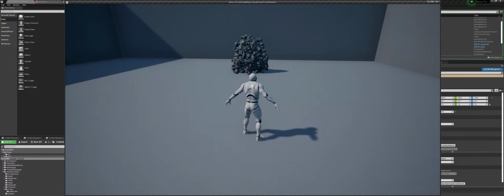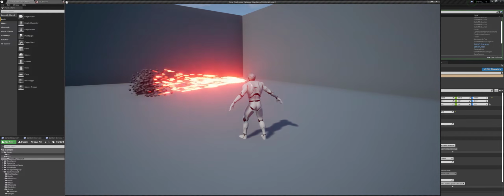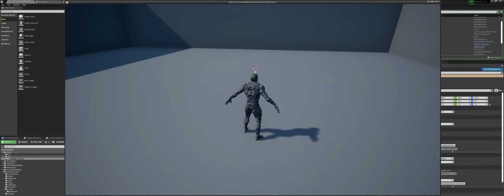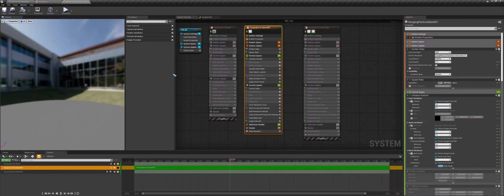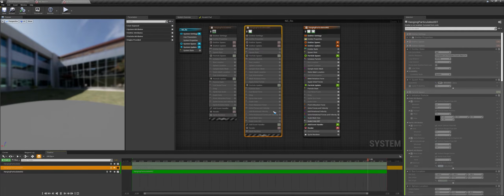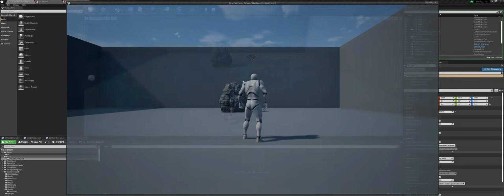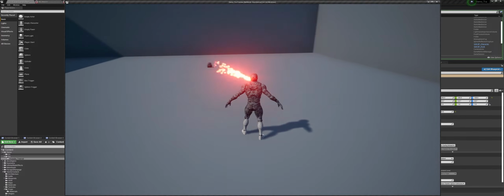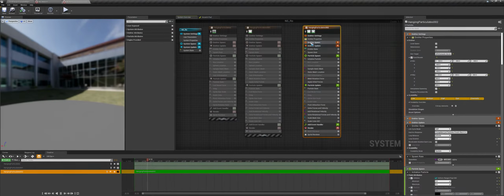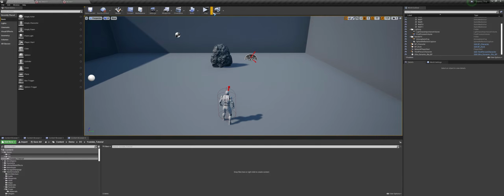So now if I press E, so if your performance criteria doesn't allow you to use mesh particles, then you could use like a sprite renderer. And now if I press play, we can absorb the rock like this. So this is also a GPU simulator particles. So you can have a lot of particles in this way.